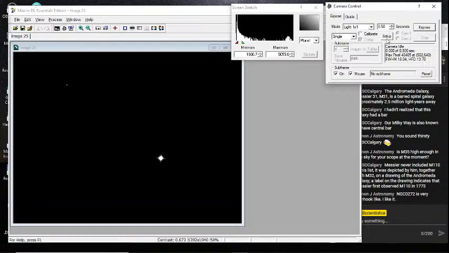The issue being that we're almost at the top end of the imager's range here. So let's try 1/100th of a second. Let's try 1,000th of a second. There we go. That's probably better.